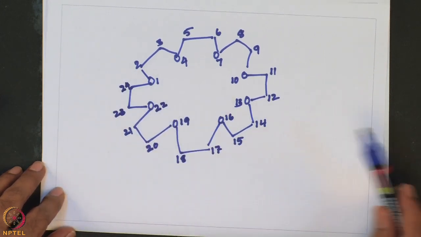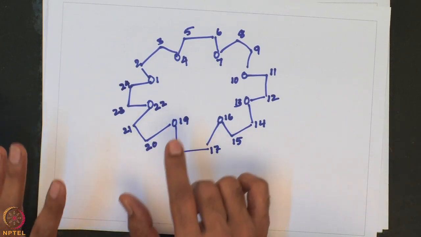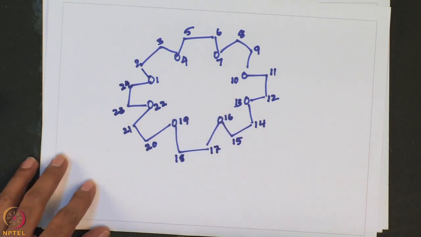That means we have a cyclic ring with 24 atoms in this ring, and in this one, that is